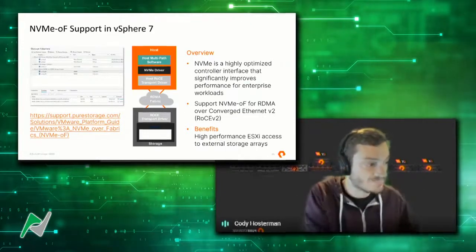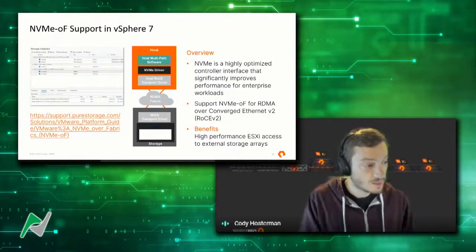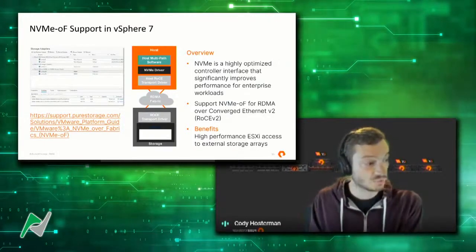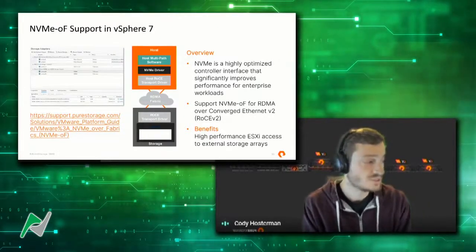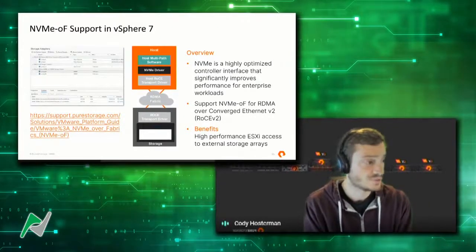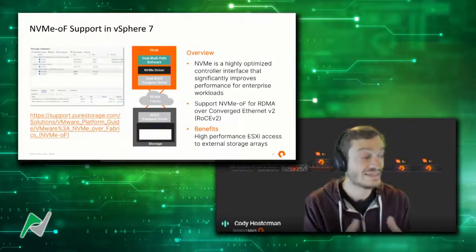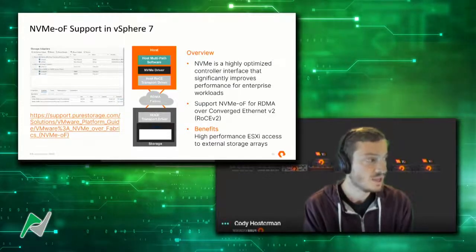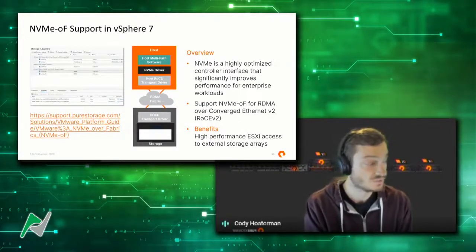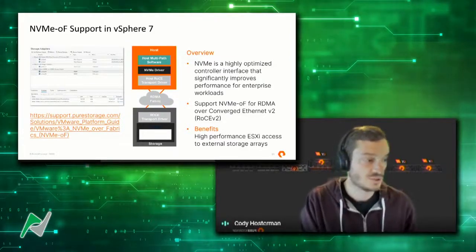So from the VM down to the data store, there's still some SCSI there, but from the data store and the HBA to the array, NVMe Fabrics has been opened up. And we've already seen some significant performance benefits, especially at large I/O sizes and large scales, where it starts to really significantly outperform existing SCSI-based implementations. And so keep an eye on the upcoming vSphere releases as VMware continues to move NVMe across their entire storage